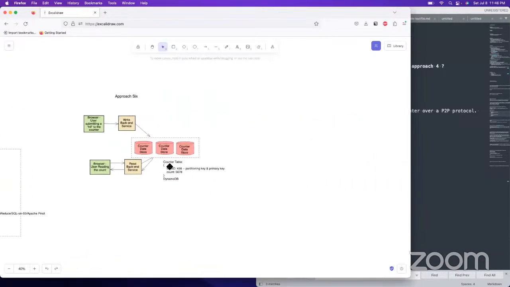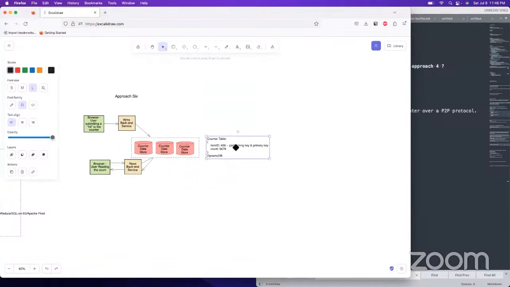For Redis CRDTs, you have these counter data stores, you have the item ID, and it is leaderless. So you'd have it replicated on multiple machines, and you just have the count. It's a grow-only counter. And I think that's all I really have to verify about. Well, so you wouldn't actually partition it off the item ID. I guess you wouldn't do that. It's a primary key.